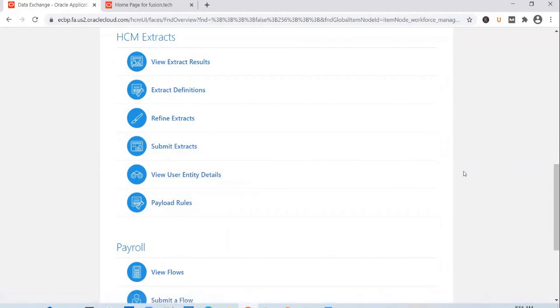But fast formulas, as I mentioned yesterday, are a very vast area, and there could be hundreds of other reasons where you might want to create a fast formula. You have fast formulas for each module in HCM. You can create quite a few for payroll, and a few for absence management. You can create a formula and use it in absence management configuration to calculate the number of leaves that need to be assigned to employees. Or you can write a fast formula to validate the amount that needs to be paid out under a particular payroll element to a specific employee.